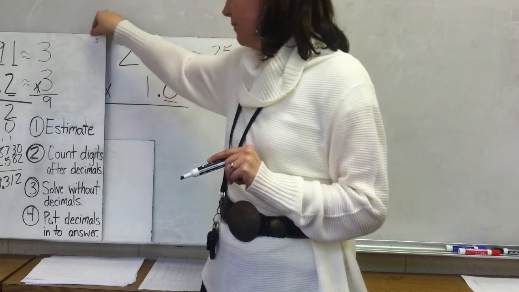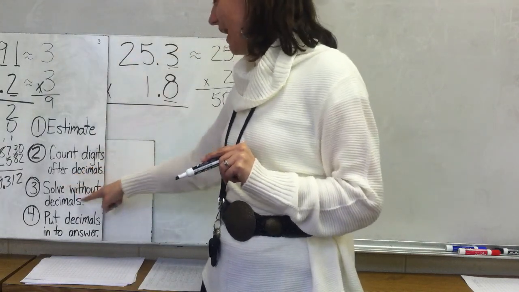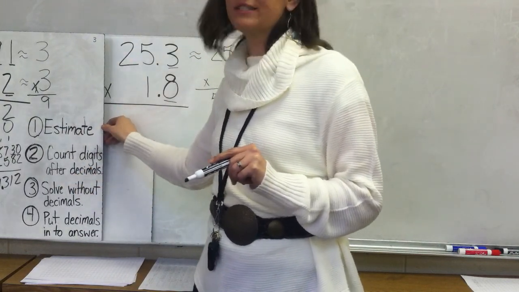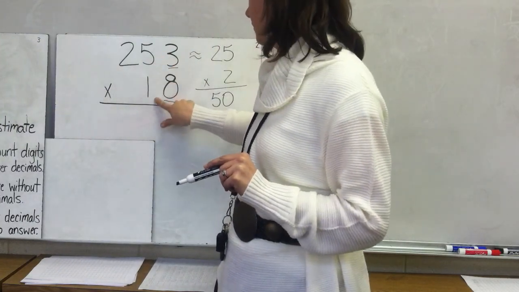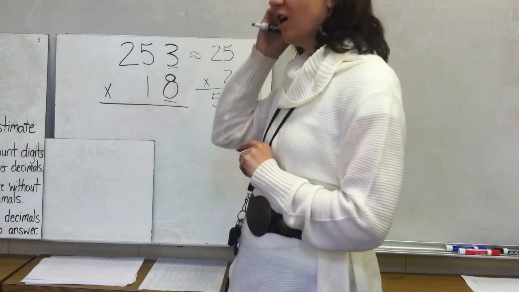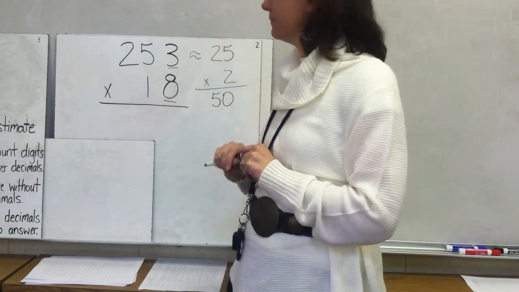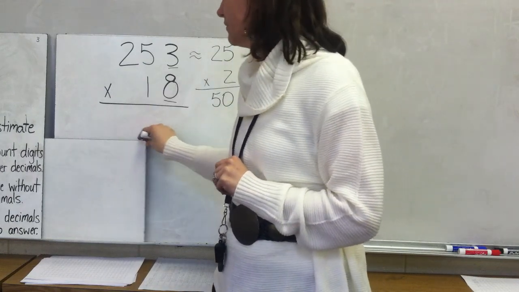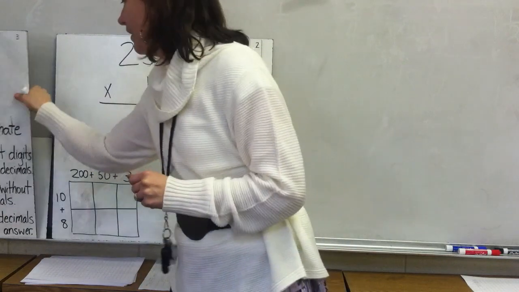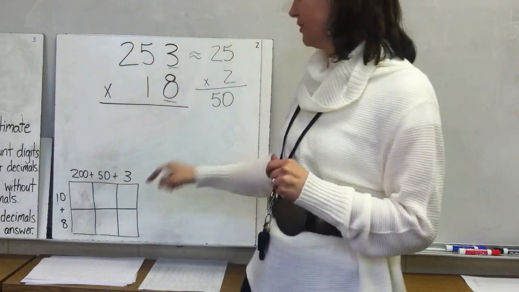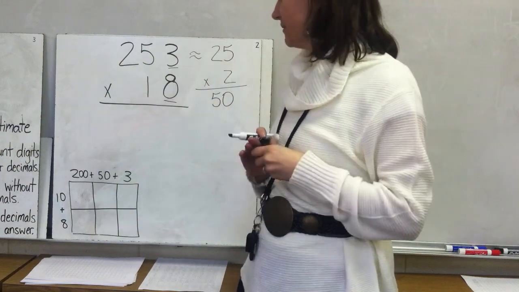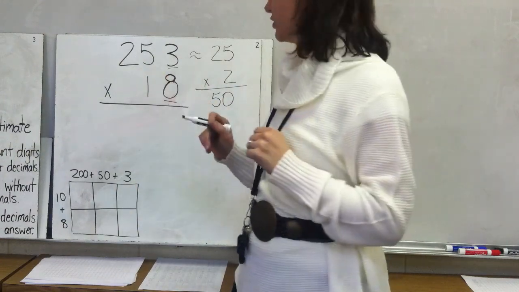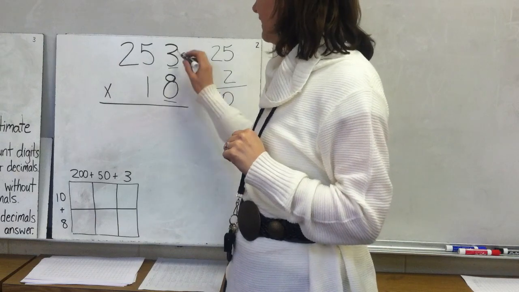Step 3, if you'll remember, is to solve without the decimals. We're going to pretend like those decimals are not there. Let's just go ahead and take them out. And let's solve it without the decimals. Some of you are going to use the area model, and you can go ahead and use that now. I'm going to show with the algorithm and then come down and do the area model, and we should get the same answer. 8 times 3